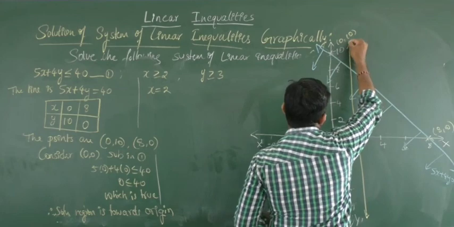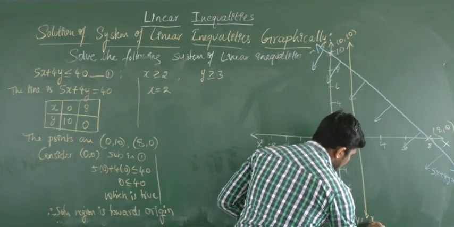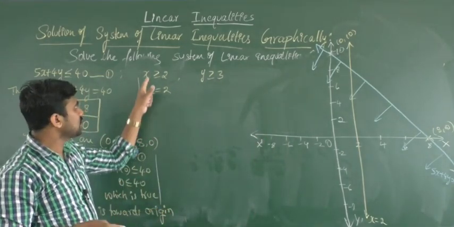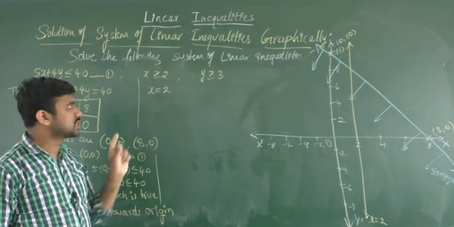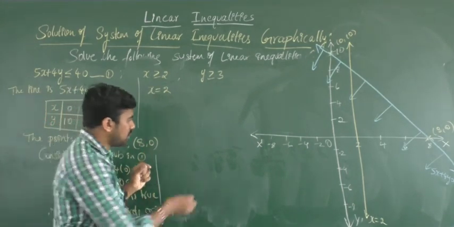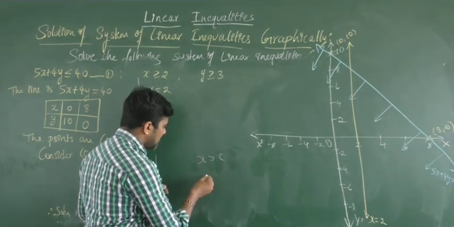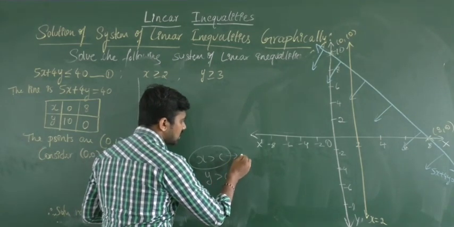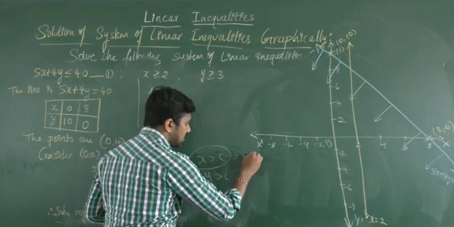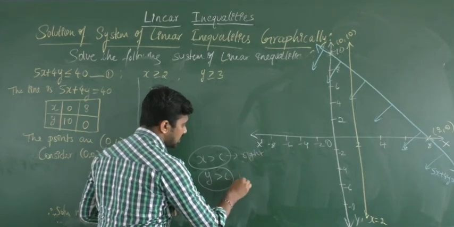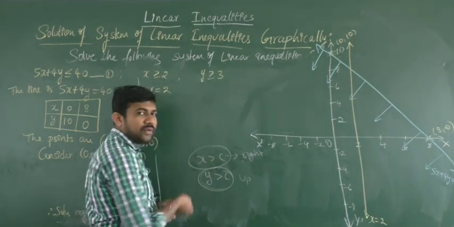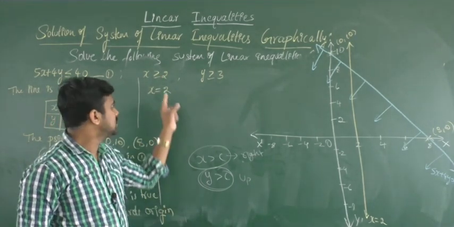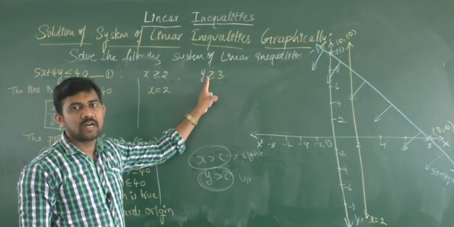The equation of this line is x is equal to 2. And you can observe here, you have greater than or equal to. The solution region will be on the right side. Always, if you have x greater than or equal to some value c, or y greater than or equal to c, in this case the solution region is the right side. In this case we get the upper side, because this is a horizontal line and this is a vertical line. In this case, this is a vertical line, so the solution region will be on the right side. In the other case, the upper side.